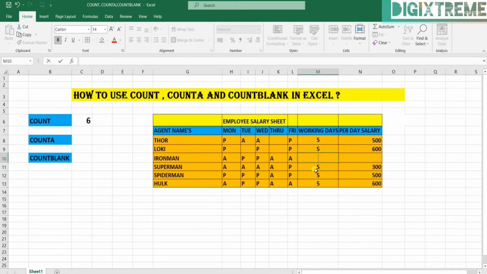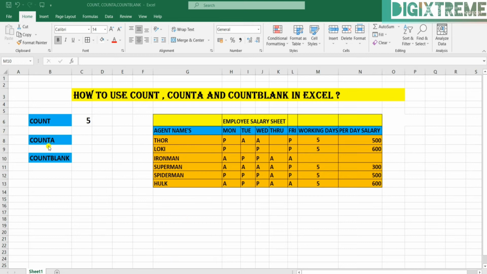Let me delete this. It will not count this cell. So now it's 5 only, 1 2 3 4 5. So the function will only count numeric values. Alright.